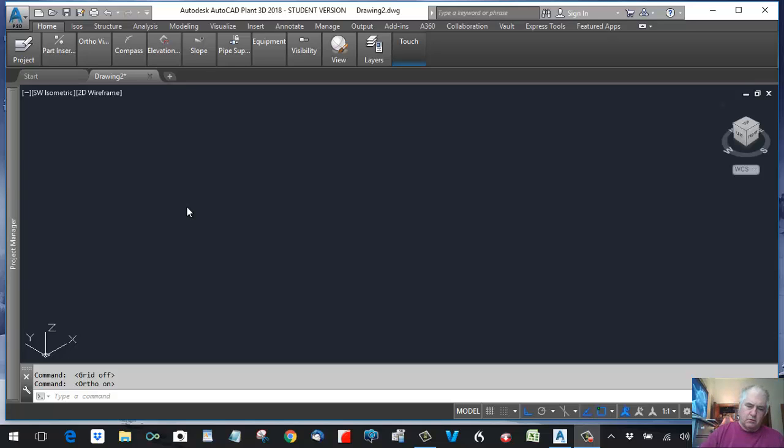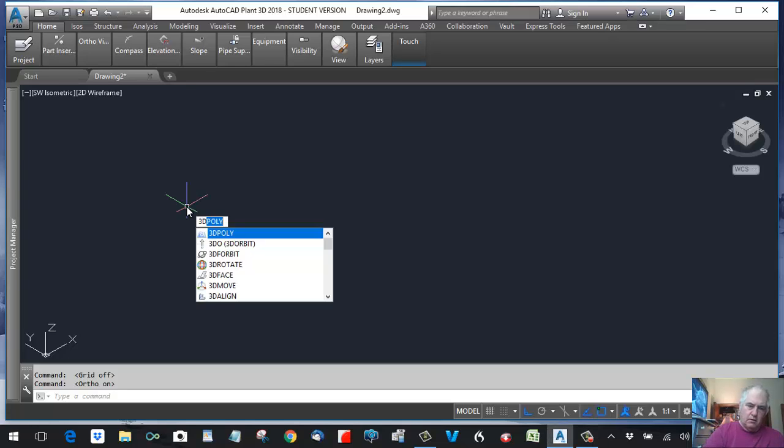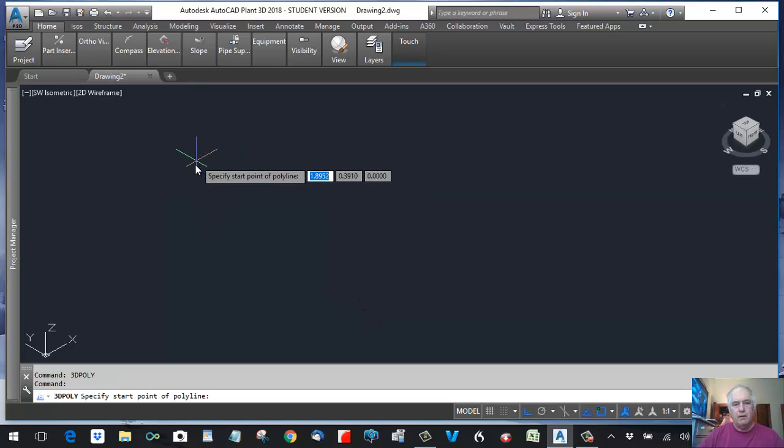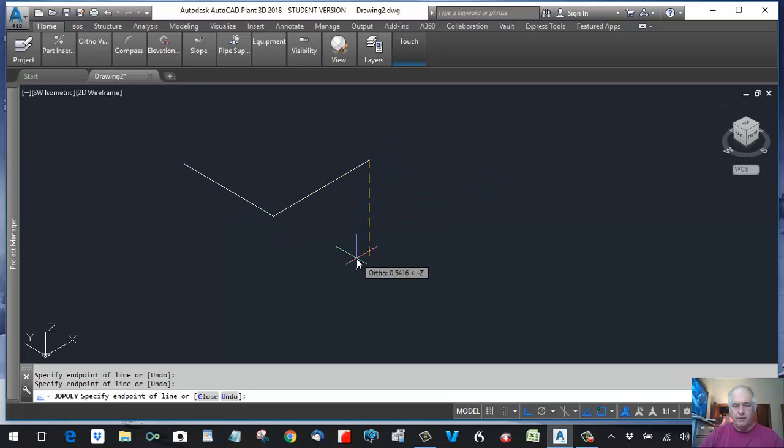So to create a 3D polyline, type in 3D, and that brings up poly. And with ortho on, it's easy to create a square polyline. So that is one simple polyline, and it's one continuous entity. So say I wanted to make that continuous, I would